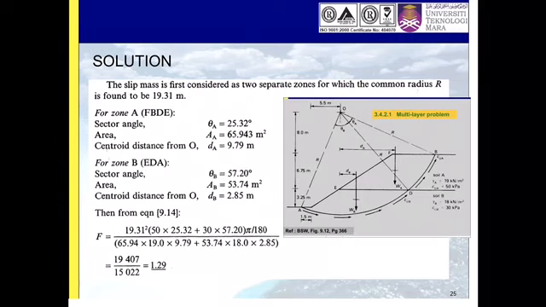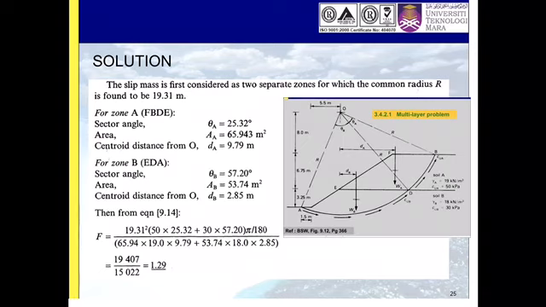Okay, so for math procedures, the area is given, so it's quite easy for you. Actually, you have to calculate it. There's a way to calculate the area, but we just give you the area. So the area for the top layer, which we consider for the sector BOD, is 65.943 meters squared, and